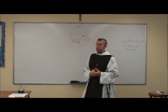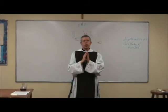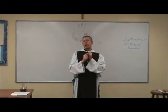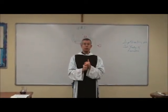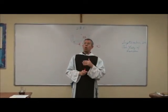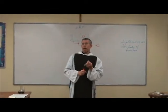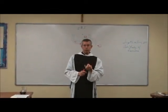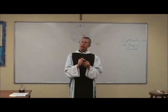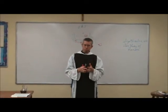When the priest is finished with the prayers, he closes the book, goes to the middle, kisses the altar. Once again he turns, says Dominus Vobiscum, et cum spiritu tuo, and then he will either say Ite missa est, which is most of the time, you would say Deo gratias, or, when there was no Gloria at the Mass, he will say, Benedicamus Domino, and you'll say Deo gratias, same thing. Or, if it's a Requiem Mass, he will turn back to the altar and say, Requiescant in pace, and